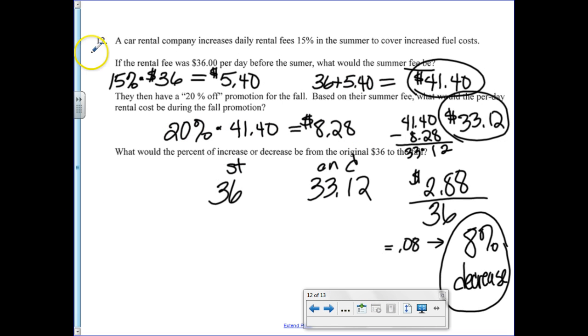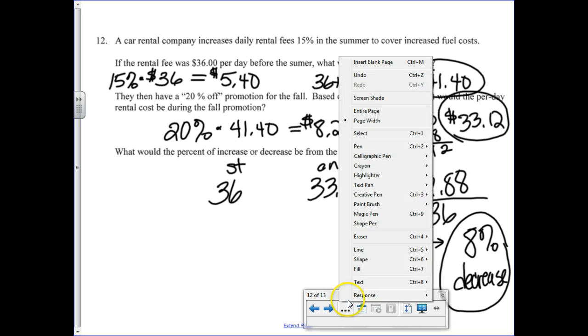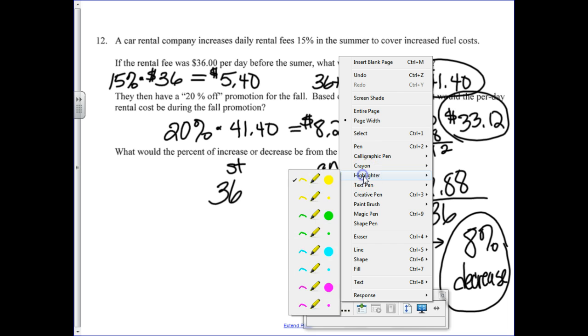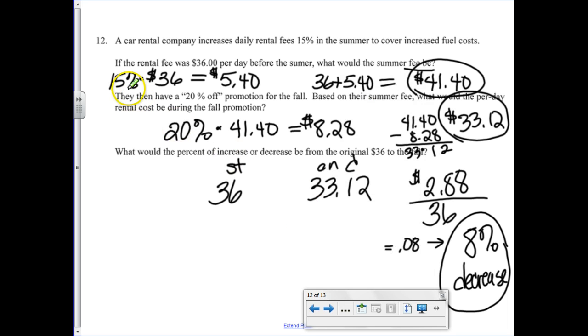Last but not least is question number 12, and I've already filled some of this in here, so let's take a look at what's going on. I'm going to get my highlighter out. Okay, the car rental company, it starts at $36 a day, so here's my $36. We are increasing the cost 15%, so if I take 15% of this, I see that $5.40 is the amount